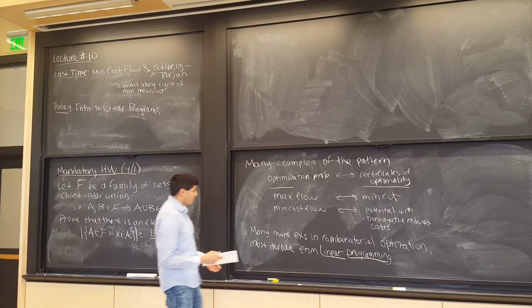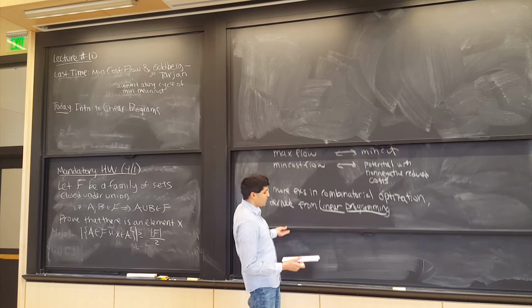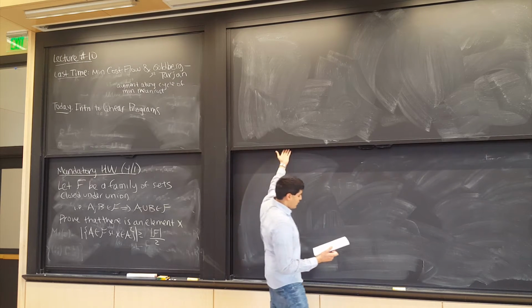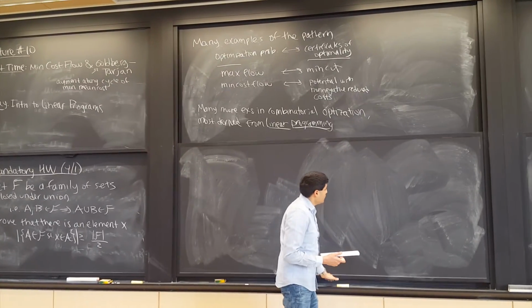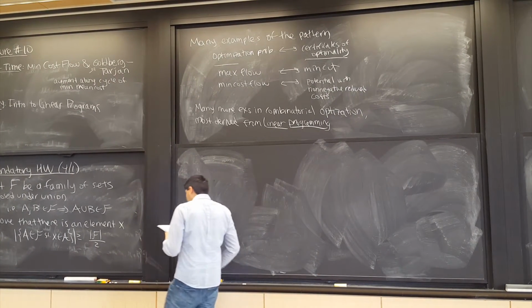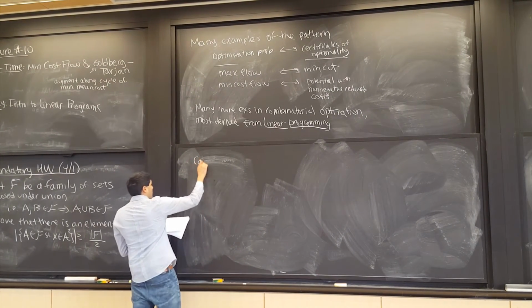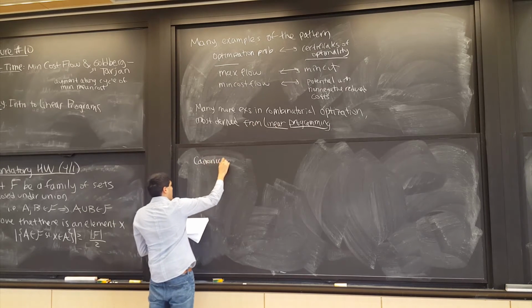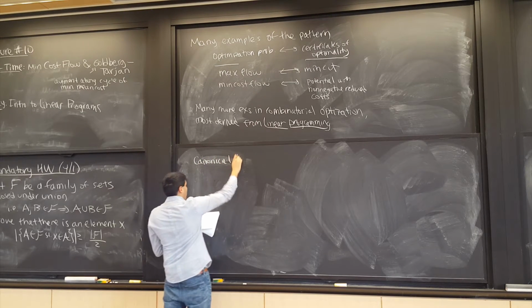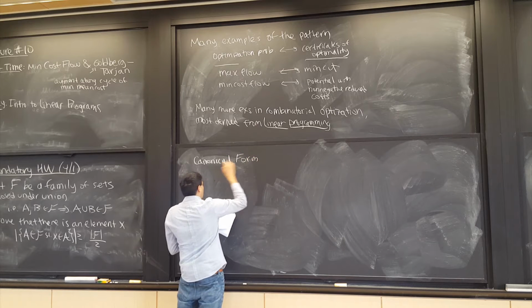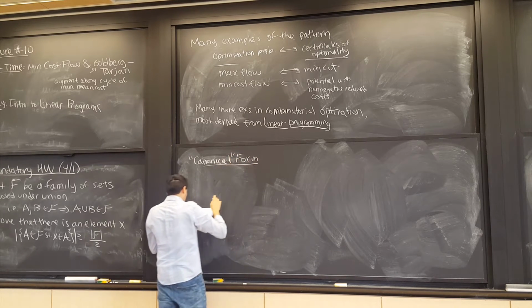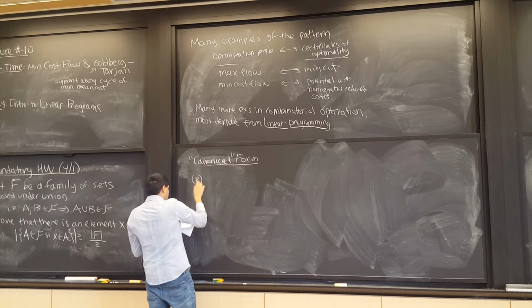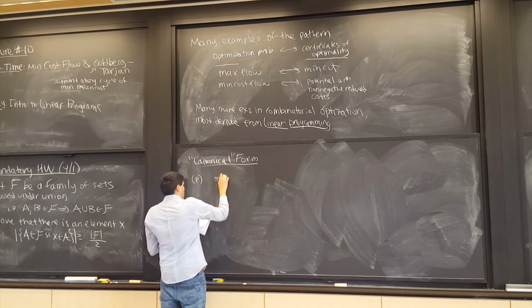So we're going to be studying this more general family of problems called linear programs. Let me define what linear programs are. I'll give you the definition of linear programs in what's called canonical form. There are a few different ways to talk about what an LP is. They're all equivalent. This one is called canonical form, where we're given some optimization problem where the